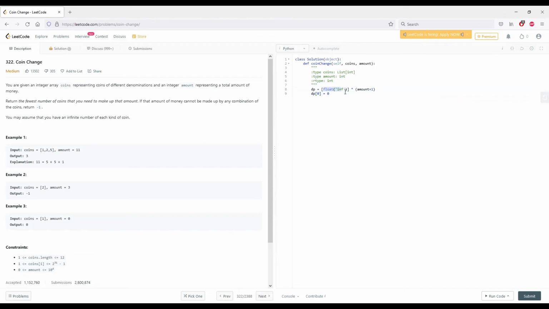And initialize everything to infinity, because remember we want to take the fewest amount of coins to add up to that denomination, or to add up to that amount. So we're going to compare min of float infinity to that amount of coins. Okay, so now for i in range 1 to length of dp, we skip the first one because we know it's 0 already. And then for coin in coins,